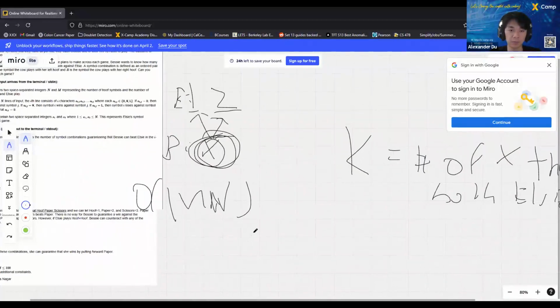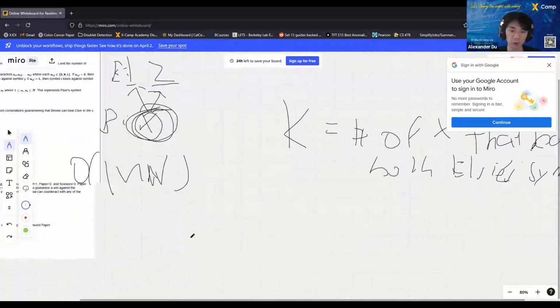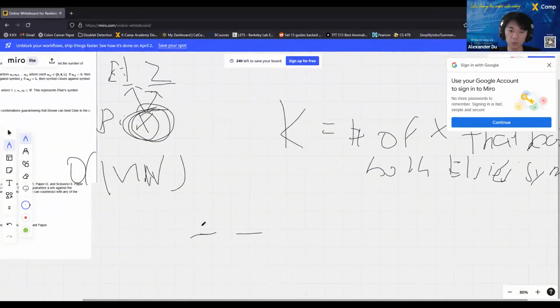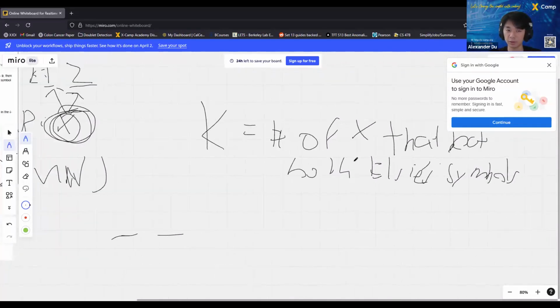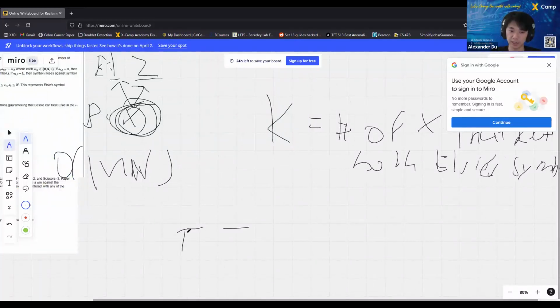So to finish this off, we just need a little bit of math, a little bit of combinatorics, right? So we have two options. Let's say we put one of the X's that beat both LC symbols in the first hand. Then there's K options here, right? And now we can pick anything else for the second one, because any of these hands work in beating LC. Because all Bessie has to do now is just pick the first hand to present, and she'll be guaranteed